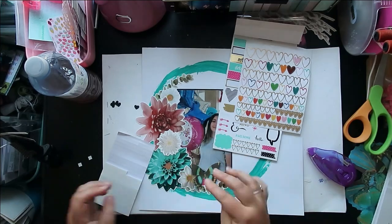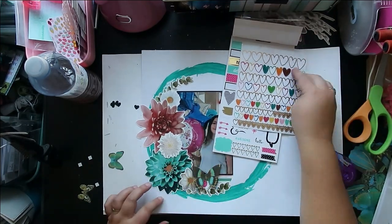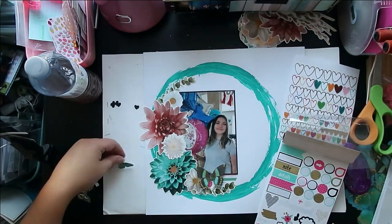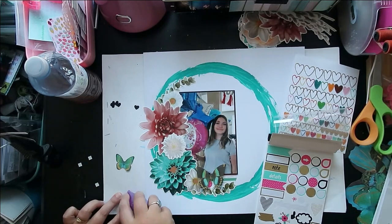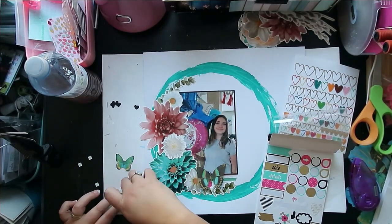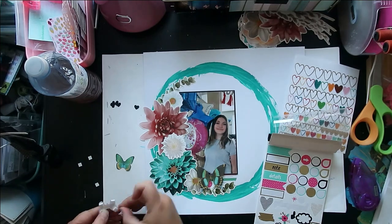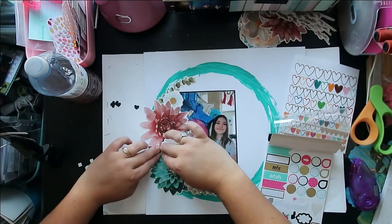I think that would look really cool too, but I just went for that single photo and then lots of flower layers, as many as I could find. And I also pulled out some butterflies to fill in some of those gaps, because I knew I had butterflies that were in the blues and greens that I was going for. So the flowers come from